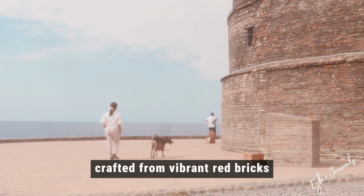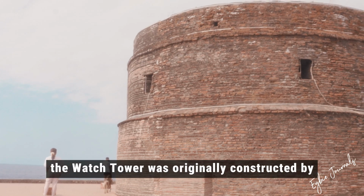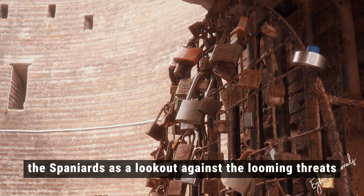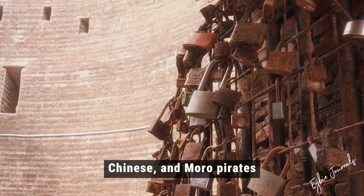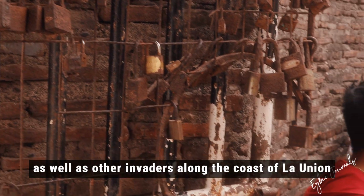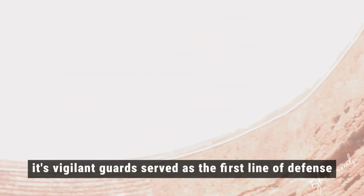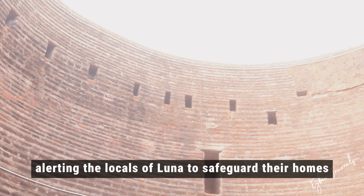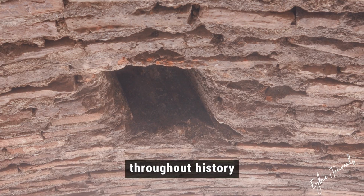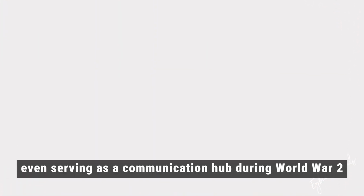Crafted from vibrant red bricks and towering at 5.6 meters high, the watchtower was originally constructed by the Spaniards as a lookout against the looming threats of Japanese, Chinese, and Moro pirates, as well as other invaders along the coast of La Union. Its vigilant guards served as the first line of defense, alerting the locals of Luna to safeguard their homes and properties. Throughout history, Baluarte Watch Tower has played a crucial role, even serving as a communication hub